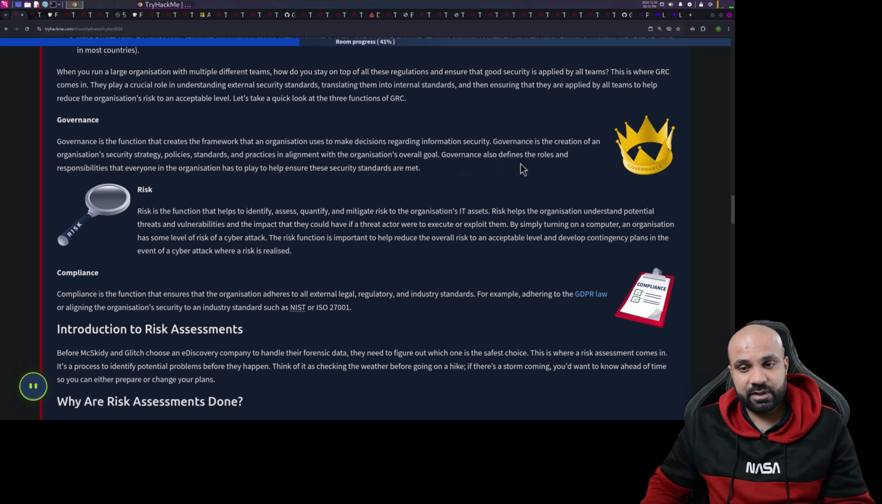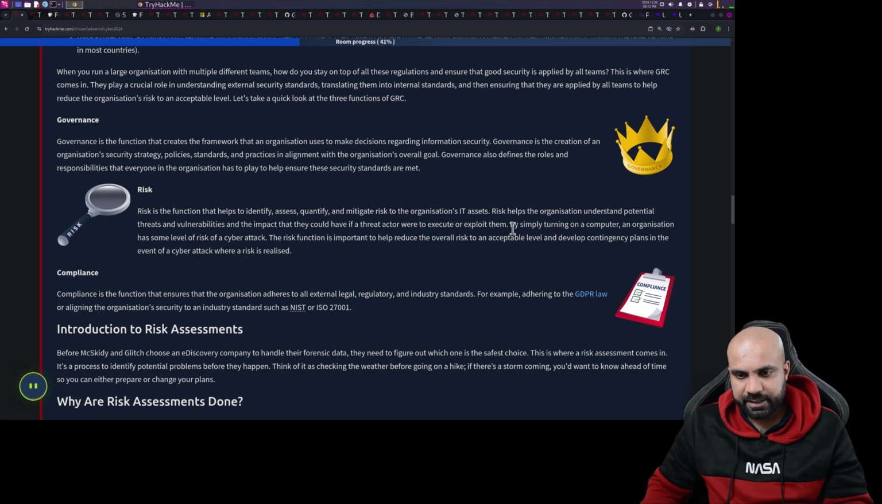Governance also defines the roles and responsibilities that everyone in the organization has to play to help ensure these security standards are met. Risk is the function that helps to identify, assess or quantify, and mitigate risk to the organization's IT assets or digital assets, even physical assets as well. Risk helps the organization understand potential threats and vulnerabilities and the impact that they could have if a threat actor were to